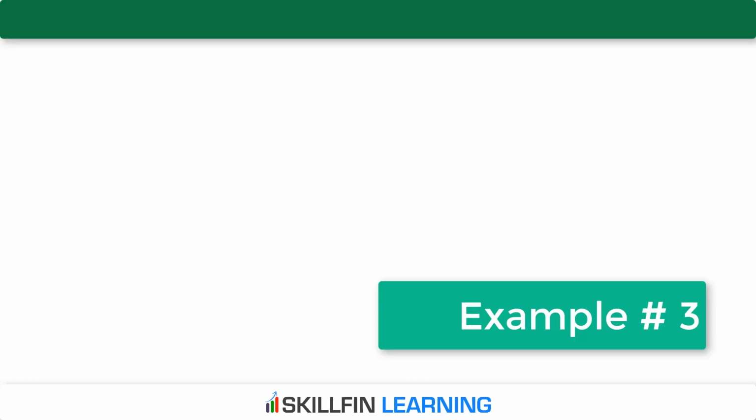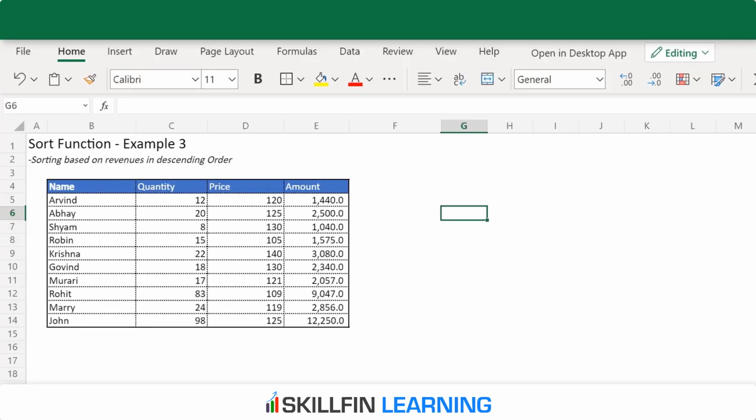Moving to the third example. In this example, we have the same list. We want to sort the customers based on revenues in descending order. So in this example, we will use the first three arguments of the sort function. So we will type is equal to sort,